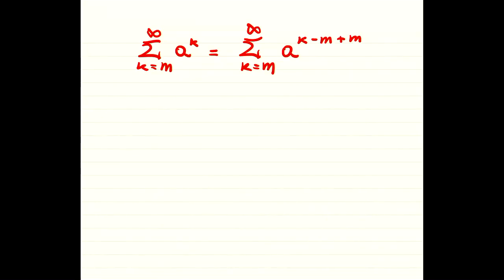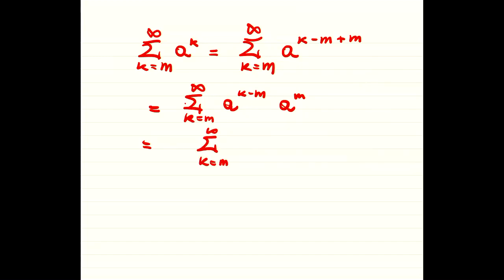Adding and subtracting in many of these advanced units is the answer to many complicated questions, which I find a bit ironic, at least. So this trick of adding and subtracting allows us, in many situations, to find a good solution to the problem. This can be written as the sum, k going from m to infinity, of a to the k minus m, times a to the power m. Now, the infinite series,